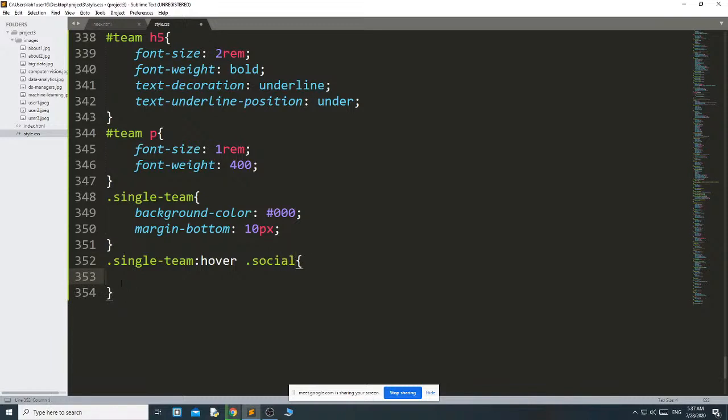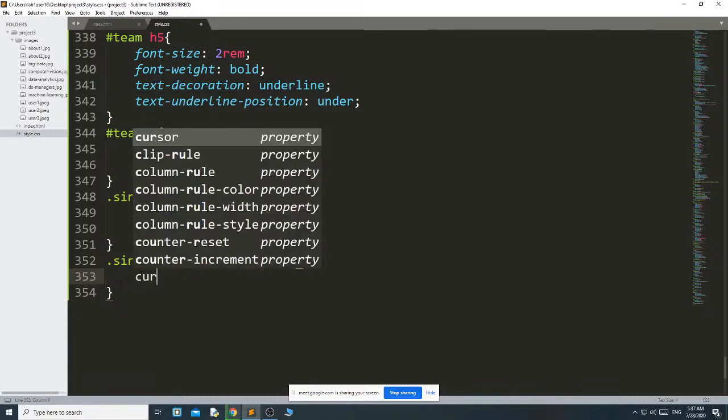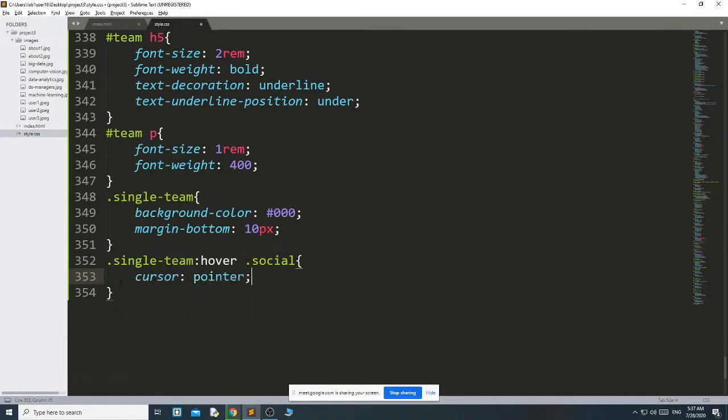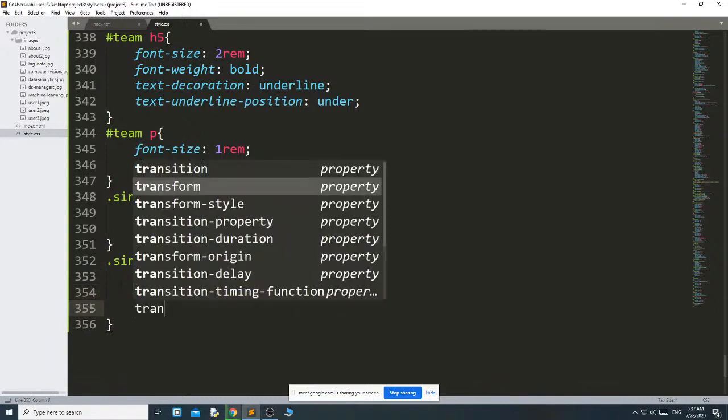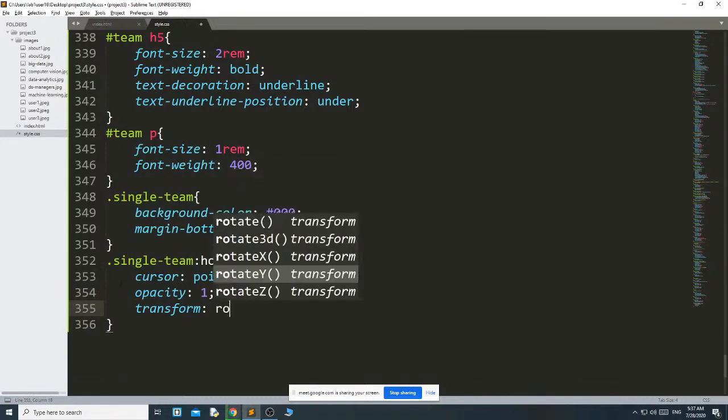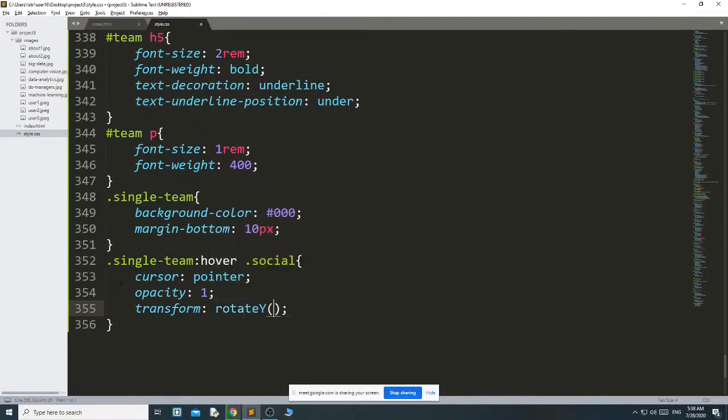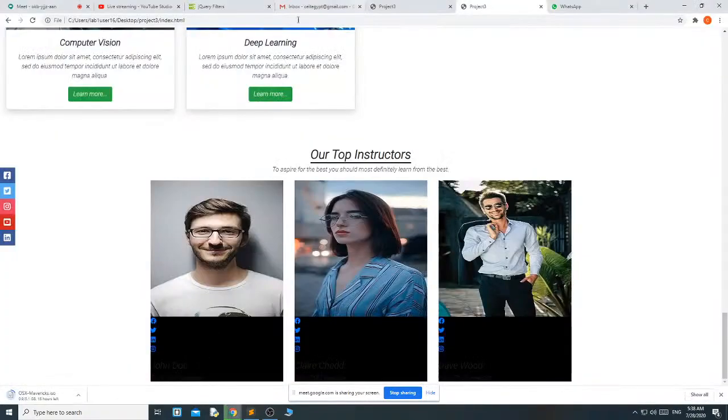If there is a mistake in spelling, then your CSS will not apply. Cursor pointer, opacity 1, and transform rotate y 0 degree, scale 1 1. It will not have any effect because till now we have not completed the style.